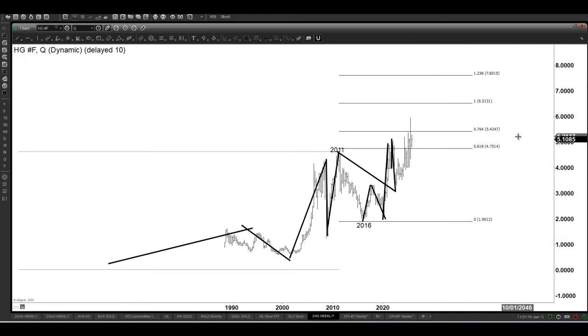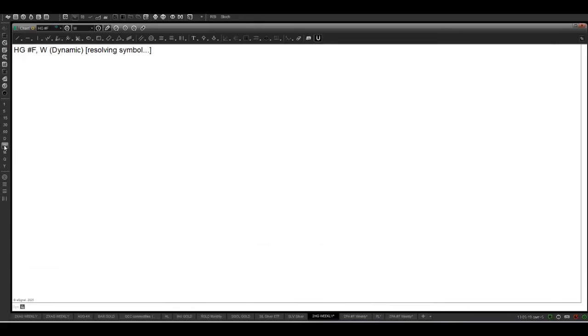Now, this is wave 1. This is wave 2. Correct? Everyone? Wave 1 can have overlap. Wave 3, like I said earlier, cannot have overlap. So, this is the quarterly chart. If I downgrade it to the weekly,